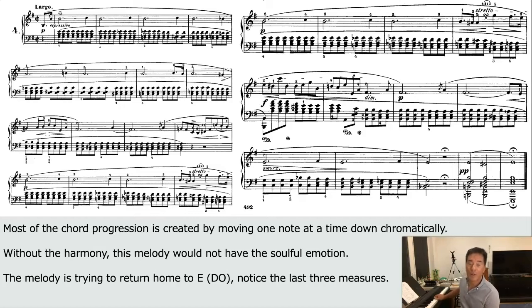Little dotted rhythm. All of these are dotted rhythms, actually. Okay, up to that point, it's really just this dotted rhythm. 1, 2, 3, 4. 1, 2, 3. 1, 1, 2, 3. 1. Okay, so it's 3 beats to 1, and that's a dotted rhythm, a dotted half, and then followed by the quarter, and then it goes